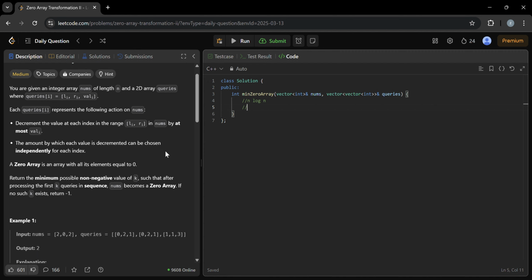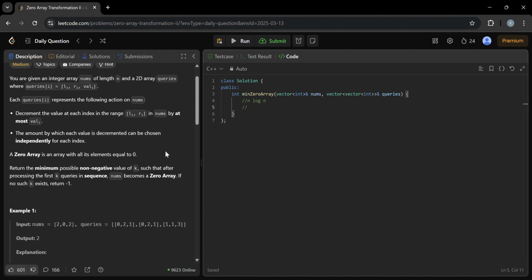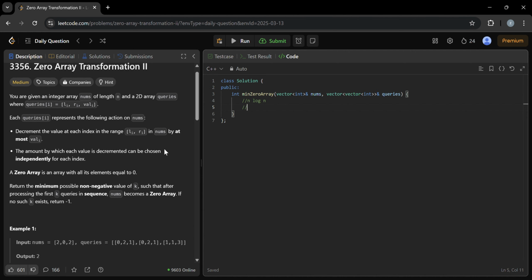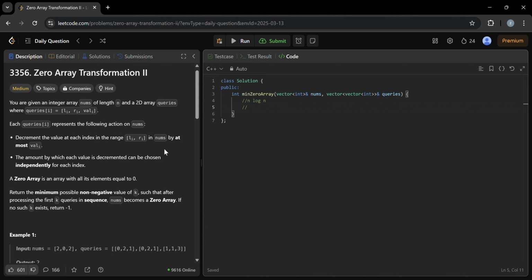Okay, so for each of the intervals in that query, I can decrement it by at most value. So it means I can decrement less than that. And then you want to check the minimum possible amount of queries that you need to process in sequence such that it becomes a zero array. Oh, so this is kind of like a,